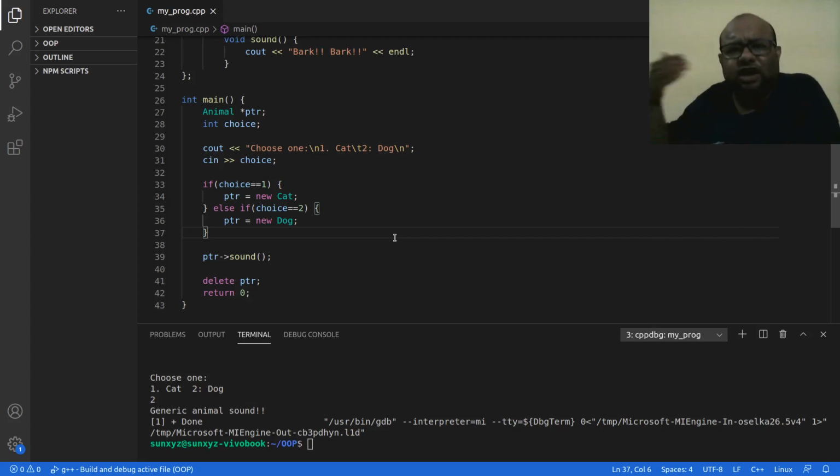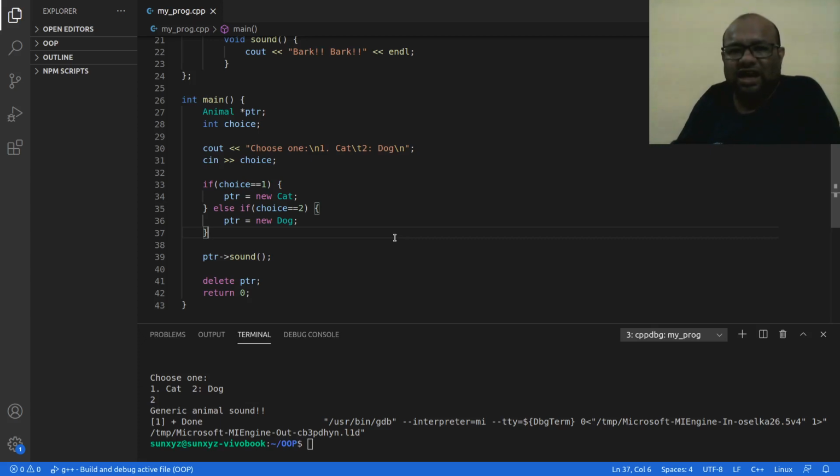But now, after I have used this virtual keyword in my parent class, in compile time I do not know which method I am going to call. If the pointer points to a dog object, I am going to call the sound method that is there in my dog object. If it points to a cat object, I am going to call the sound method that is there in my cat object.